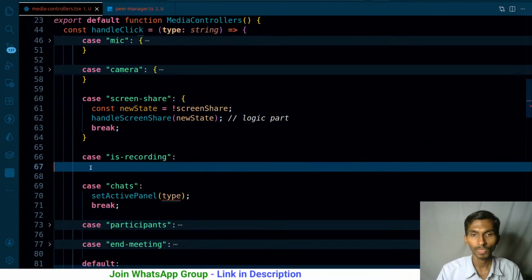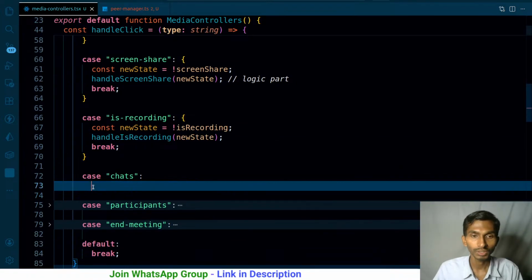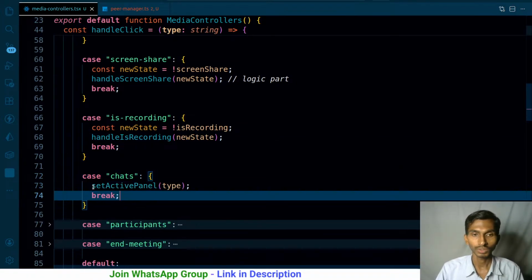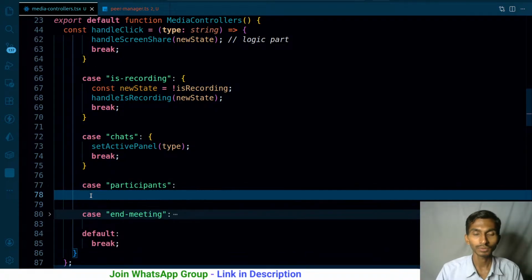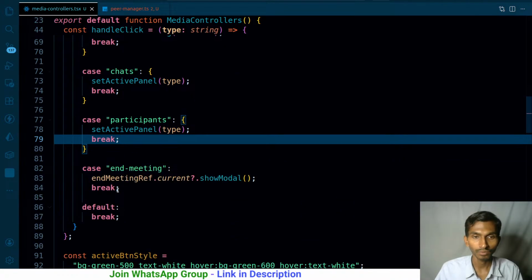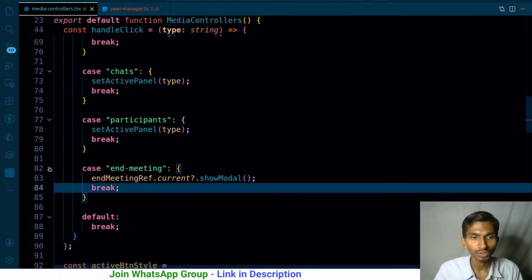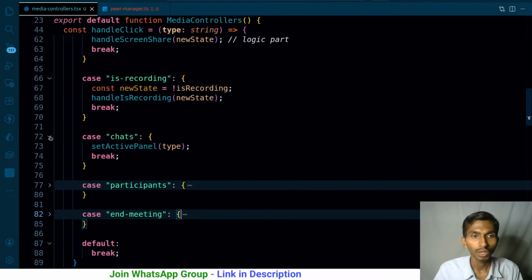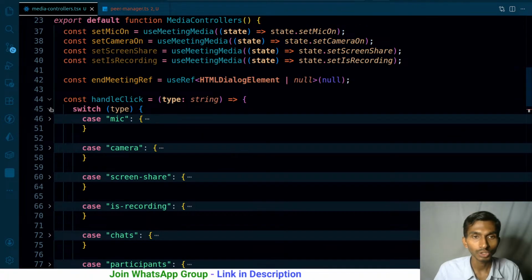Cut, let me properly keep them inside blocks. Same I will be doing here. Cut, just like this. Same here. Cut it, just do it like this. Lastly I have this, so let me cut this and keep it here. So ultimately this is how they go on. Maybe later I can manage this, I can move it to a separate file and all, but we'll do it at the end of the day if we feel like. Okay, so this much we've done.